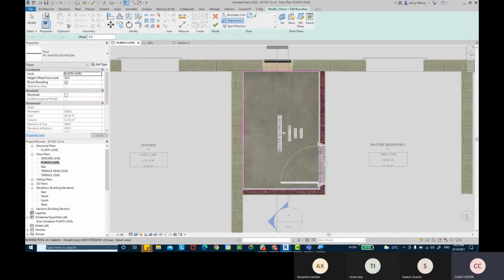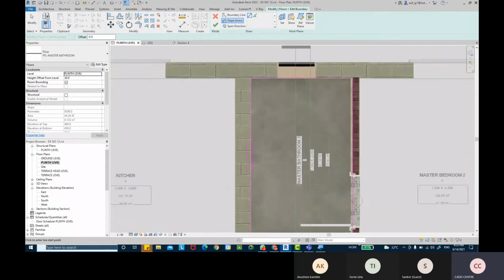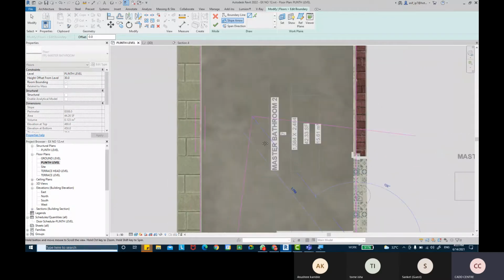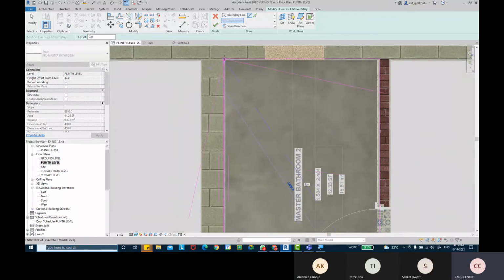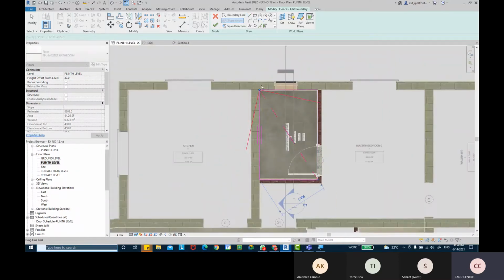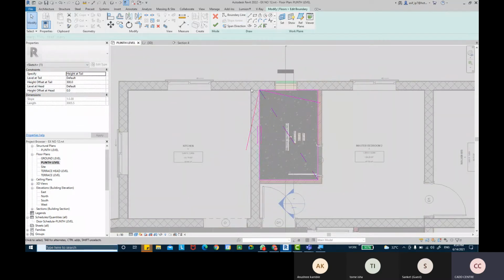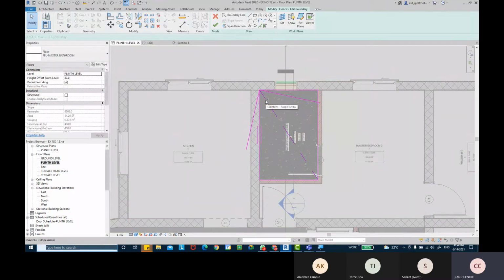Then I'm going to draw which side the sloping arrow you want to apply. Supposing we want to apply the sloping in this direction, I'm going to draw from this point all the way to this end. You see it creates an arrow here. So that's the arrow that we got, the slope arrow.